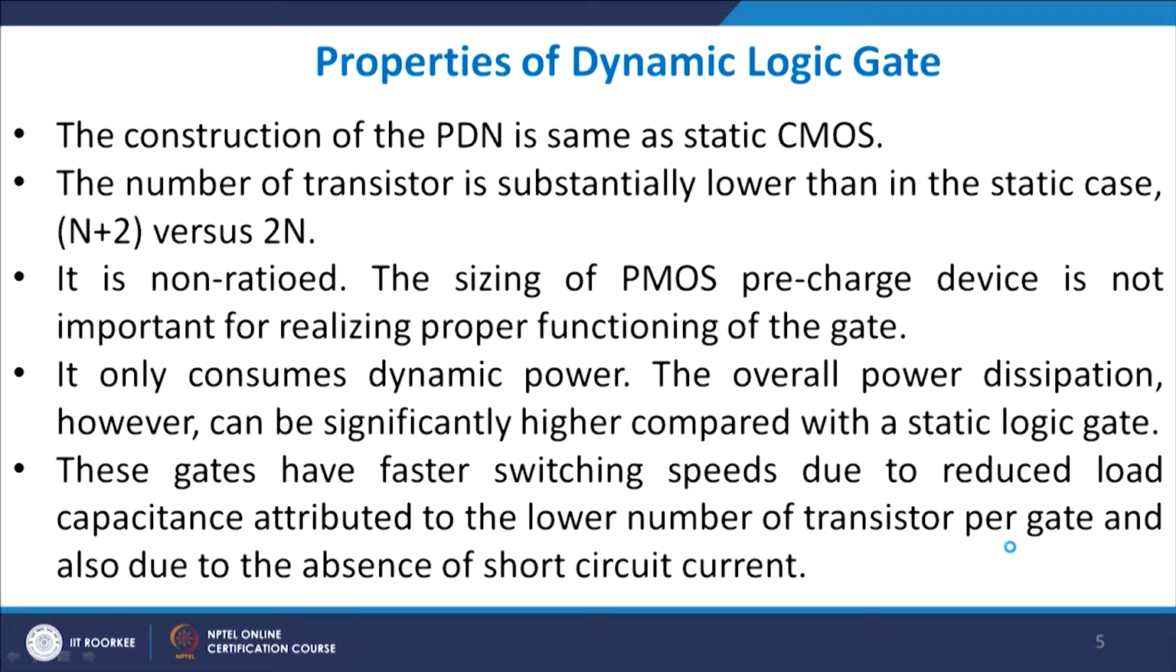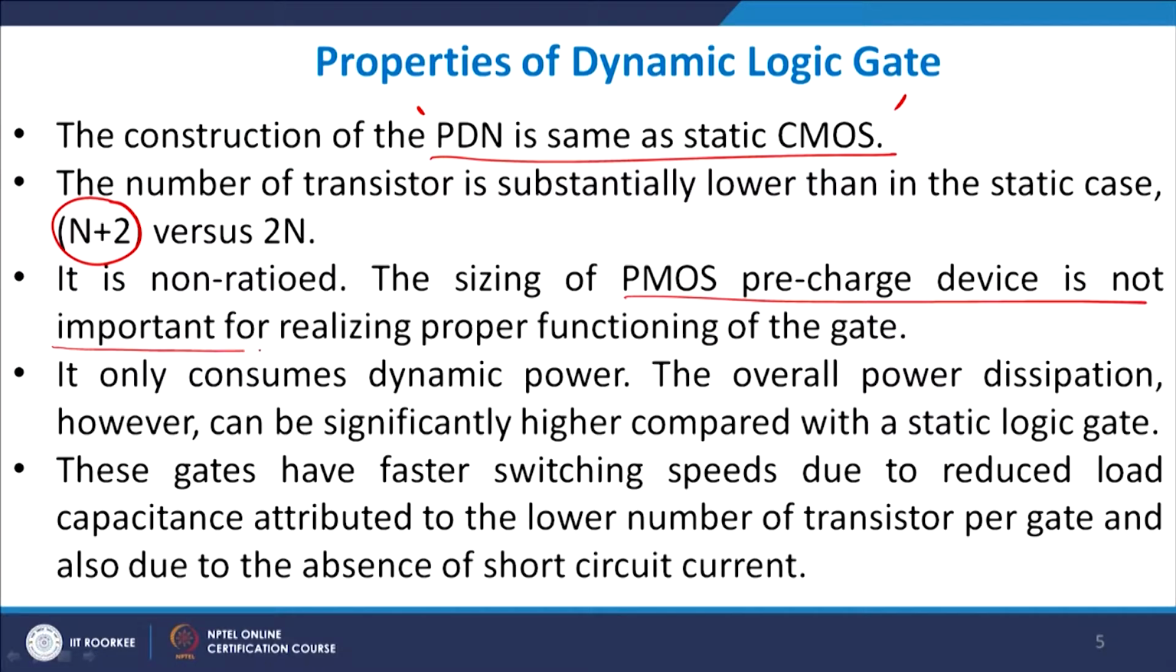What is the property of dynamic logic? The construction of the PDN is exactly the same as the construction of the PDN in static CMOS logic. We have already done that. So, the PDN network is exactly the same. However, the transistor count is much lower than static CMOS logic. You actually require n plus 2. Why n plus 2? Because n is the number of pull down transistors, plus 2 because of one precharge transistor